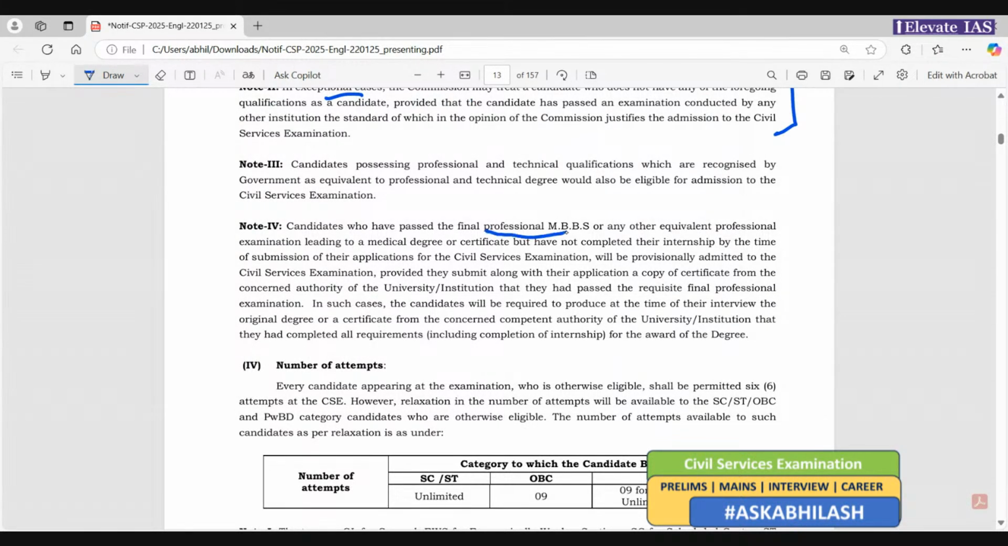जिन्होंने MBBS के फाइनल ईयर में हैं और इंटर्नशिप कंप्लीट नहीं किया, प्रोविजनली they will be admitted। एक कंसर्न अथॉरिटी से उनको एक एप्लीकेशन रखना पड़ेगा कि they will produce the final exam result इंटरव्यू से पहले, इंटरव्यू स्टेज के दौरान।